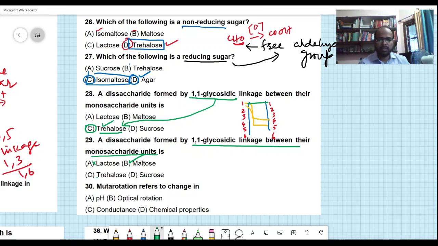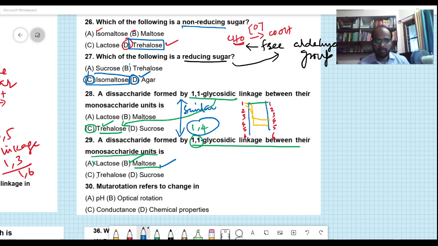The question is a bit wrong there. It should be something like 1,4-glycosidic linkage. It is maltose because this and this are both similar questions there. So I just change it to 1,4 linkage, and you get maltose as the right answer. Now you see, mutarotation refers to